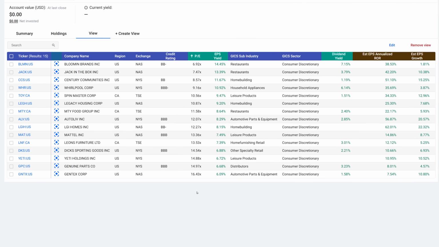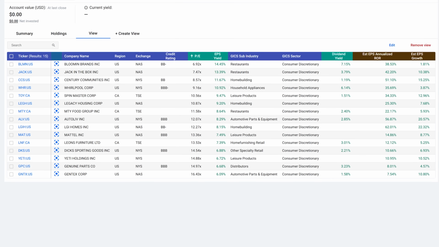The PE is just a measurement. And I think people get really confused with PEs and things. It's all about earnings yield. What earnings yield tells you is, if you owned the whole company and you were able to get 100% of the profits, or earnings, that the company generated, what would be your yield on your investment? And that's what earnings yield really is.